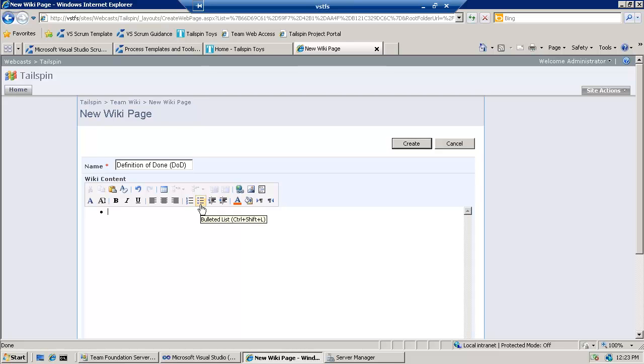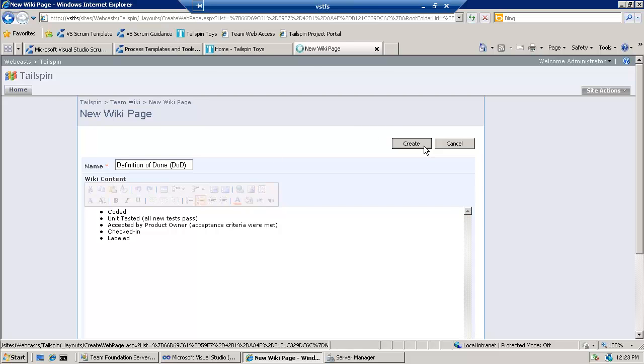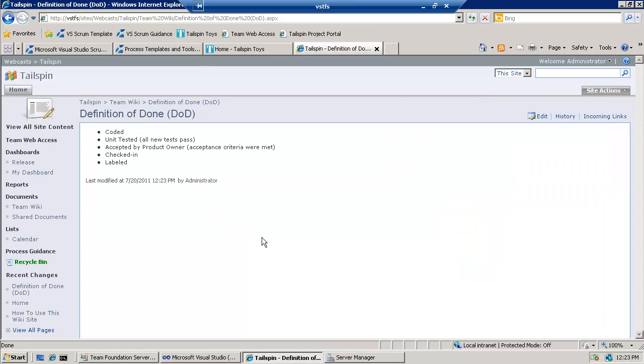One is everything's been coded, everything's been unit tested, and all new tests pass, and everything's been accepted by the product owner. In other words, the acceptance criteria were met. That's kind of an obvious one there. And then everything's checked in and labeled or branched or whatever your close down of the sprint or release configuration management looks like. Awesome. Let's create that, and now we have a wiki page that we can point stakeholders back to